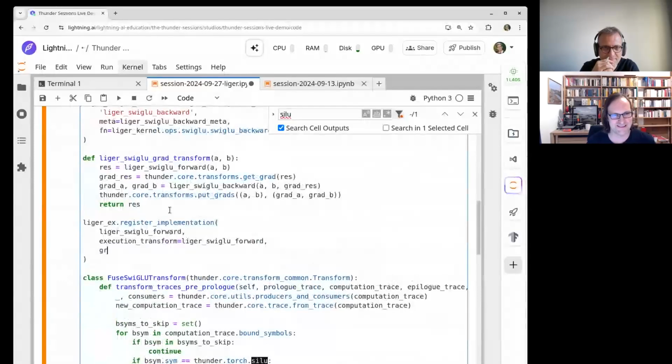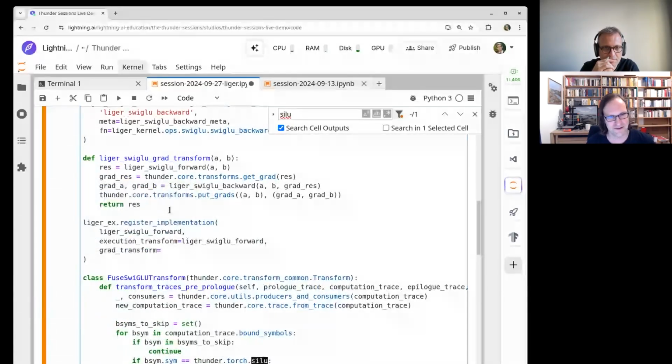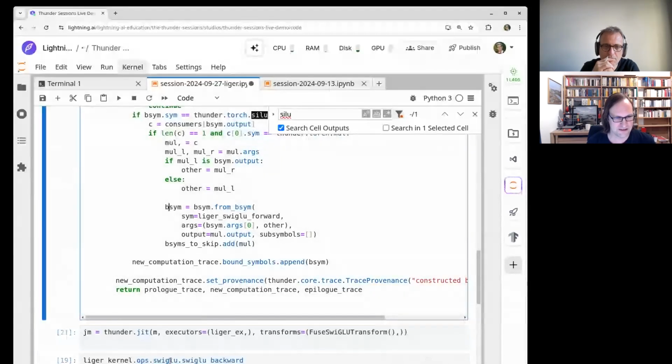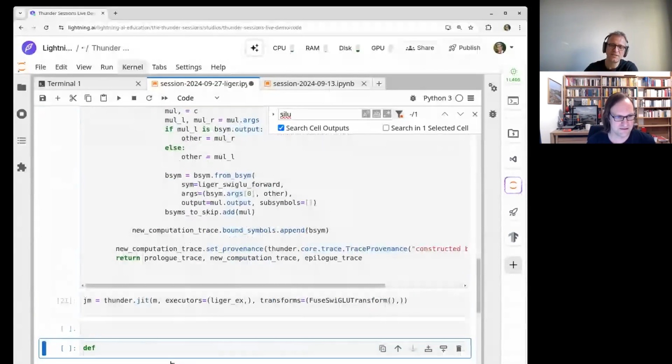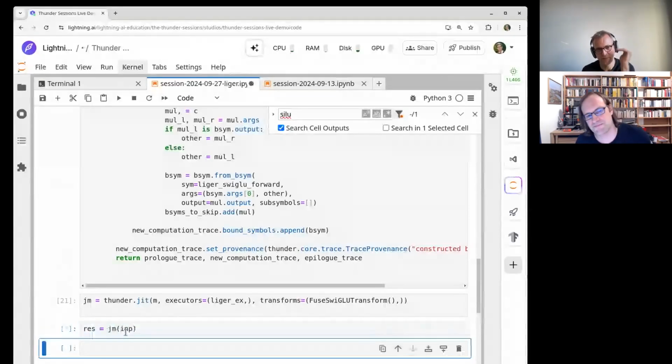But the gradient transformation, the grad transform, will be a little bit more interesting, right? And so that's it. And now we can do the same thing again. Probably the name transform there could be improved, because if by transform we intend something that we implement and pass as a trace transformation, this is a bit higher in level of abstraction.